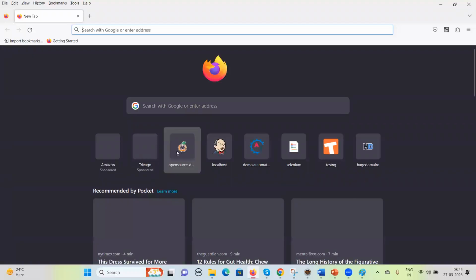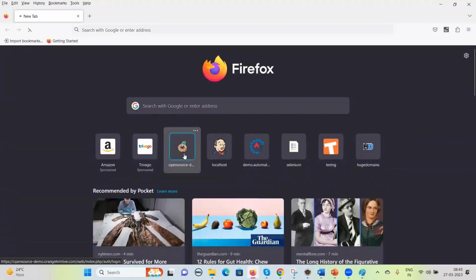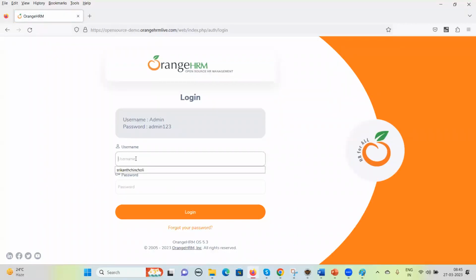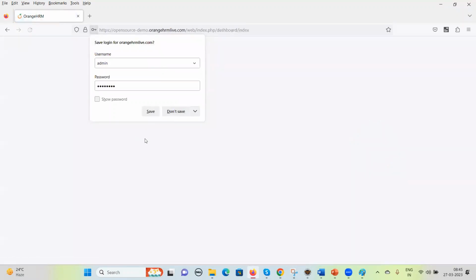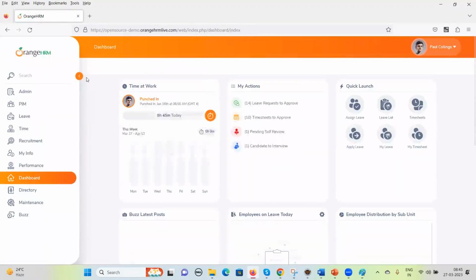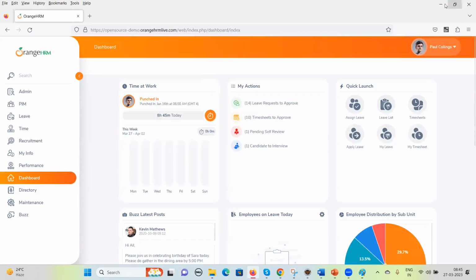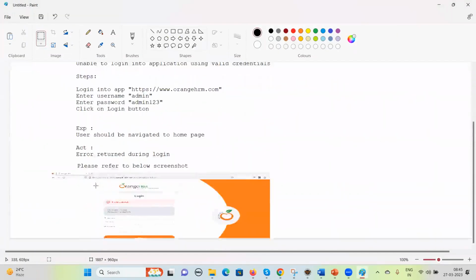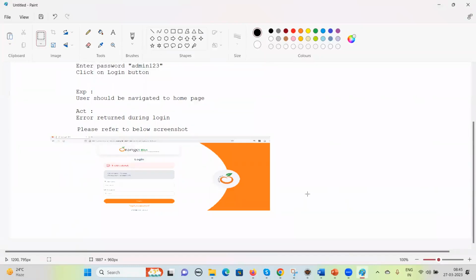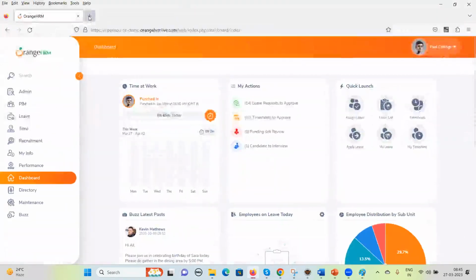So what I'm doing is trying to retest that issue. What are the steps? I'm entering the URL, then I'm going to give a valid username and password. Okay, it is working fine. After we test it, during closing this, we have a discussion. When we go to a particular application,